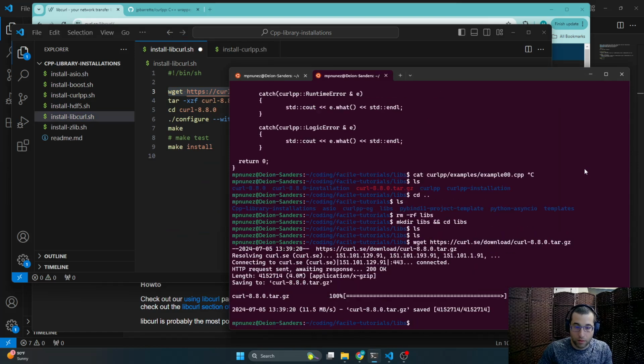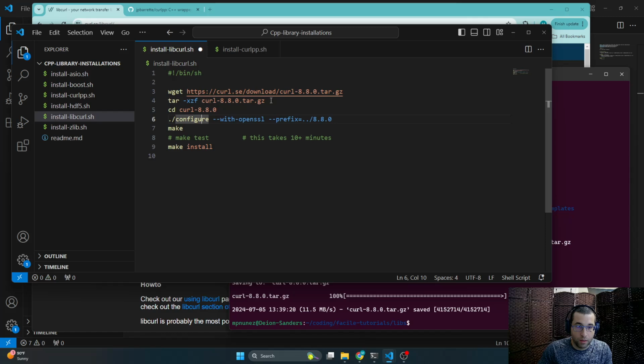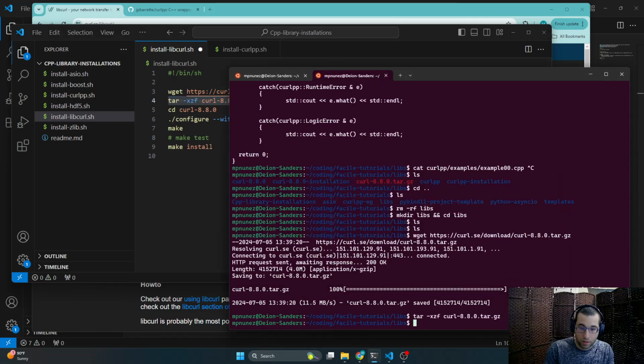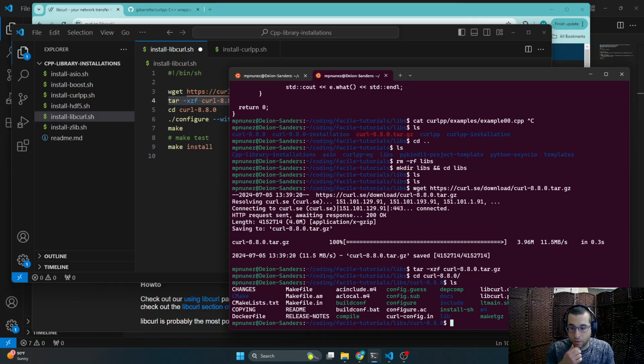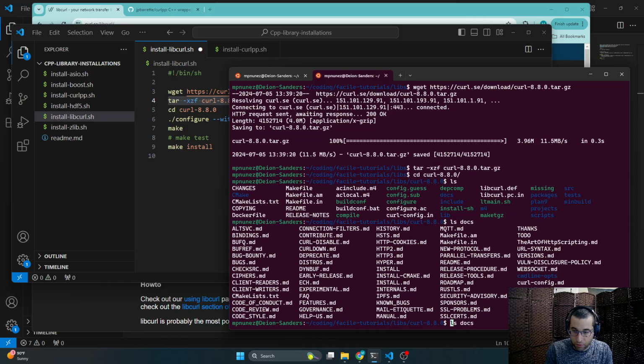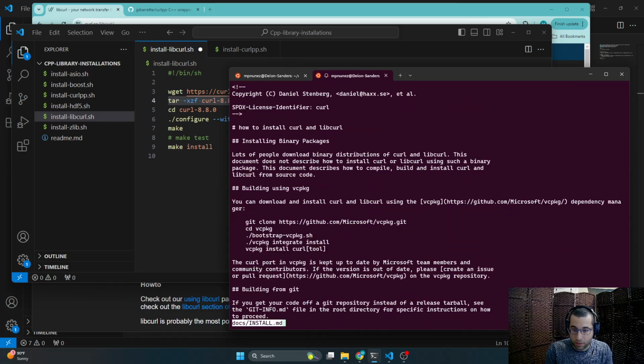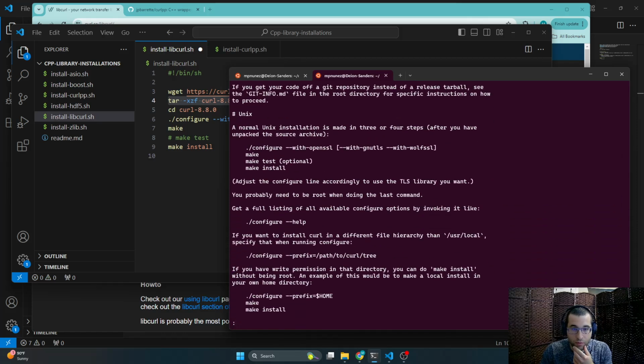Let's download it and then untar it, and then we're going to go, this is what we just downloaded, this is all the source, and we have a docs folder. In the docs folder there is a set of instructions called install.md. That's a markdown file that tells you how to install it,